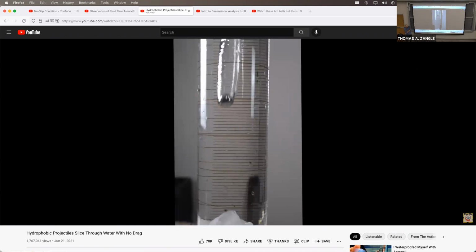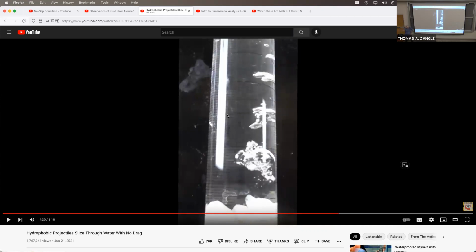Okay, this is so cool. You can actually see as it falls through the water, it makes this torpedo shape, this teardrop torpedo as it falls through the water. If your ball's not hydrophobic, you don't get that entrainment of air and that torpedo shape around it all. So now he goes on in this video, I think,